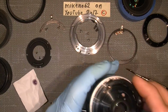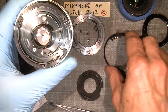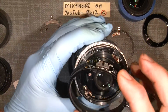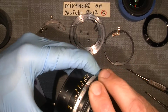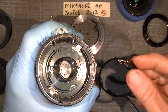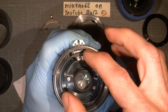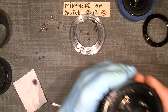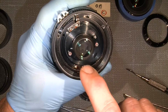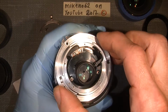Well, I could actually just put the back of the body back in. We need this cam ring. No, we need the aperture ring. Well, and the notch here is for the pin here. So, and then the mount. Remember the pin here. This pin has to go against this curved. Yeah. So put this on,